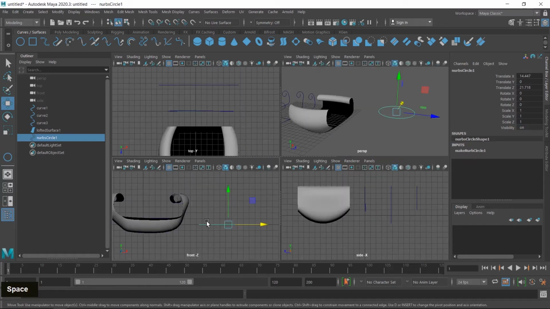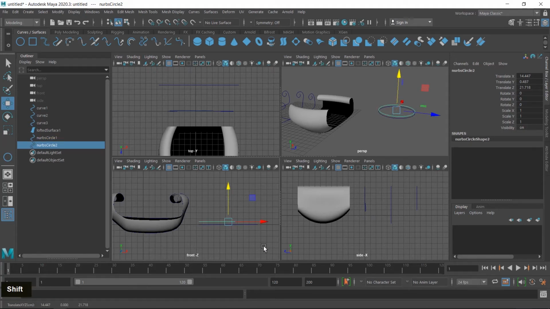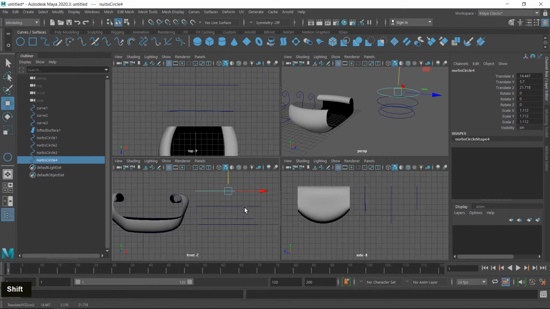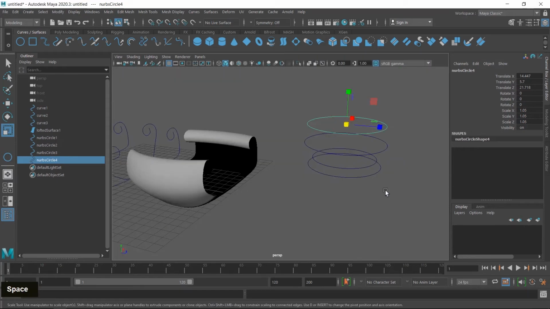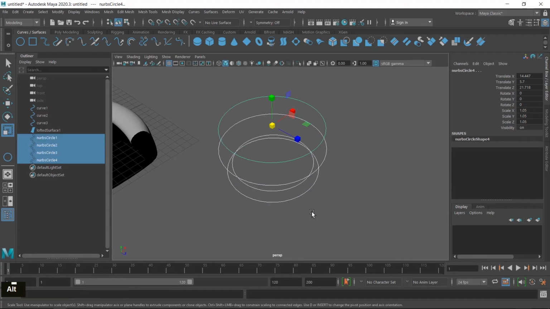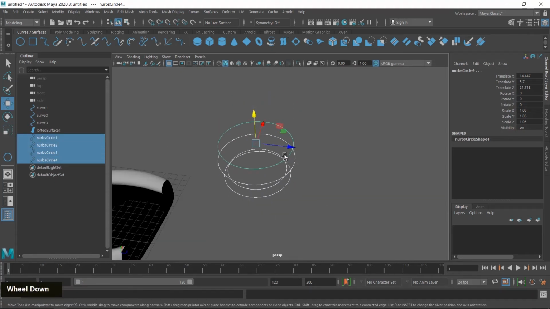Press the Shift key and create a duplicate copy, then scale this down and move it a little bit upward, then make a duplicate copy and increase the radius, then make a duplicate copy once again and decrease the radius. So I create circles of different radii here, and I select all the circles and make a duplicate copy once again.